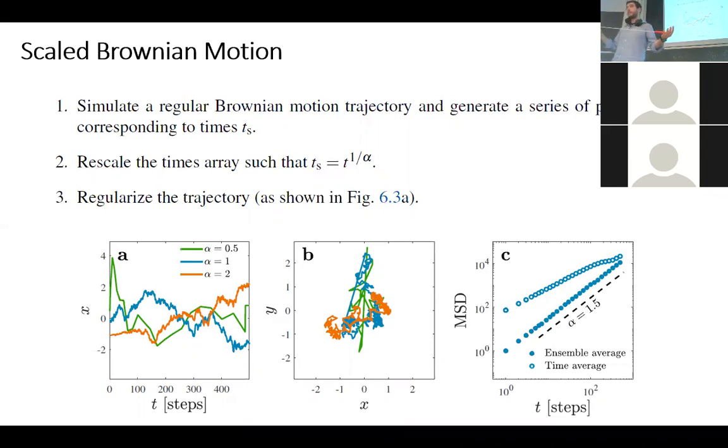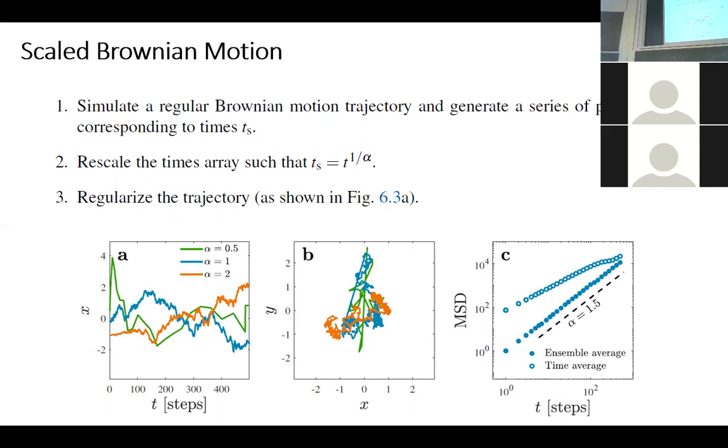You understand the mathematical point? And then we end up having these kinds of trajectories. You see the blue one, when alpha is equal to 1, is the scaled Brownian motion that is regular diffusion. It's very standard. It looks like a trajectory from a random walk or from any other step distribution that I was showing in the previous lecture. And if alpha is smaller than 1, which means the time scale changes, the displacements are going to